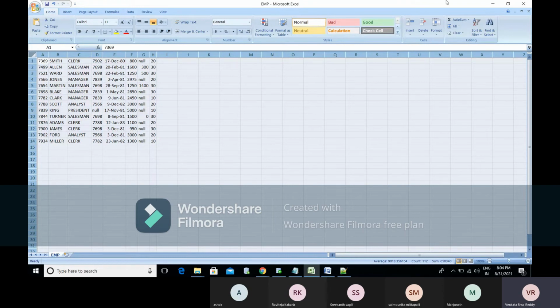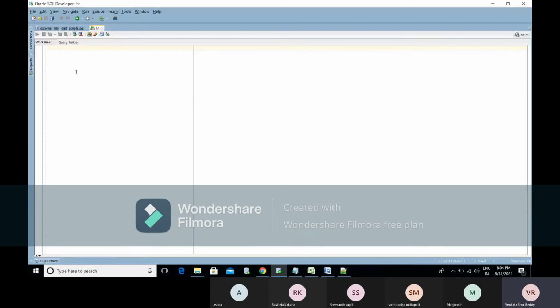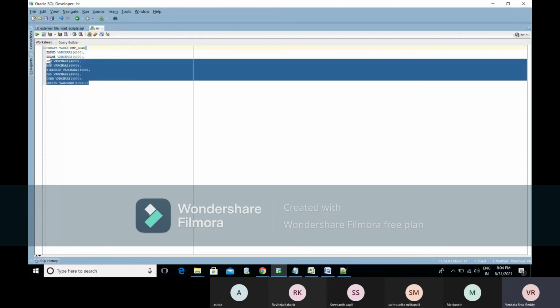In a similar way, I prepared the table structure also. This is the table I have mentioned here, EMP_LOAD, with EMP number, ename, job. All the columns I have maintained.